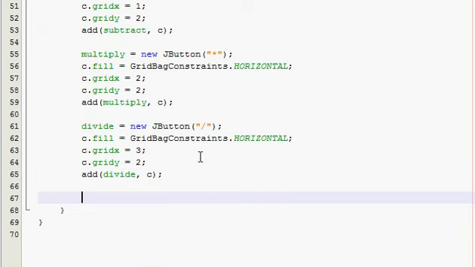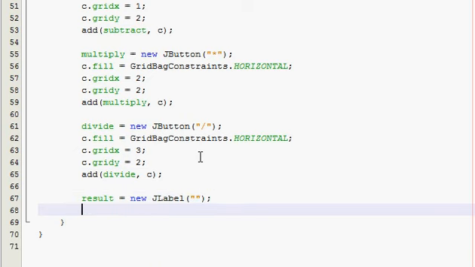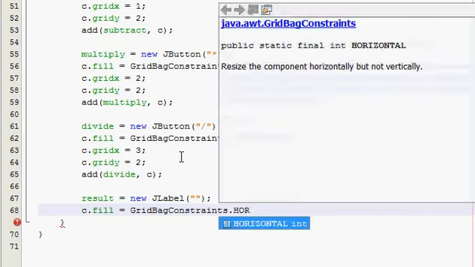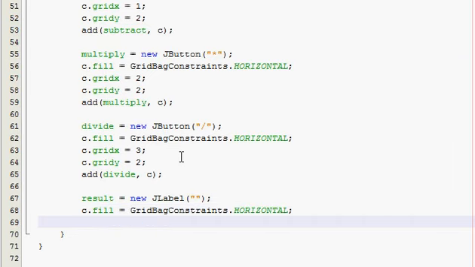So result, it's going to be a JLabel. And it's gonna be empty at first, so empty quotes. And then you got fill, and it's gonna be grid bag, and it's gonna be horizontal,